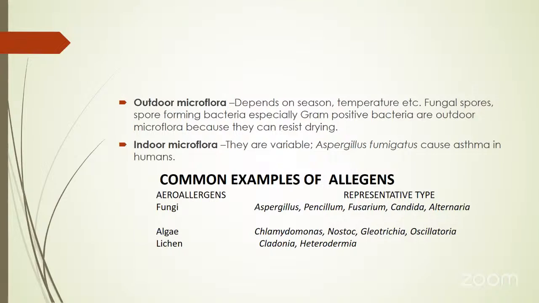For the outdoor microflora, it depends on the season. For dry season, you have most of the bacteria and fungi in spore form, and then the temperature can also determine it. When the temperature is very high, microorganisms may not be able to survive. Some of them will exist in spore form. But when rain begins to fall, most of them come alive. That is why you see that when rain begins to fall, people begin to sneeze, they begin to have cough and cold, because as it is raining, the spores that are in the air in the environment will settle down. The rain will push it down. So it can land on people, it can land on surfaces, your staircase and everything.